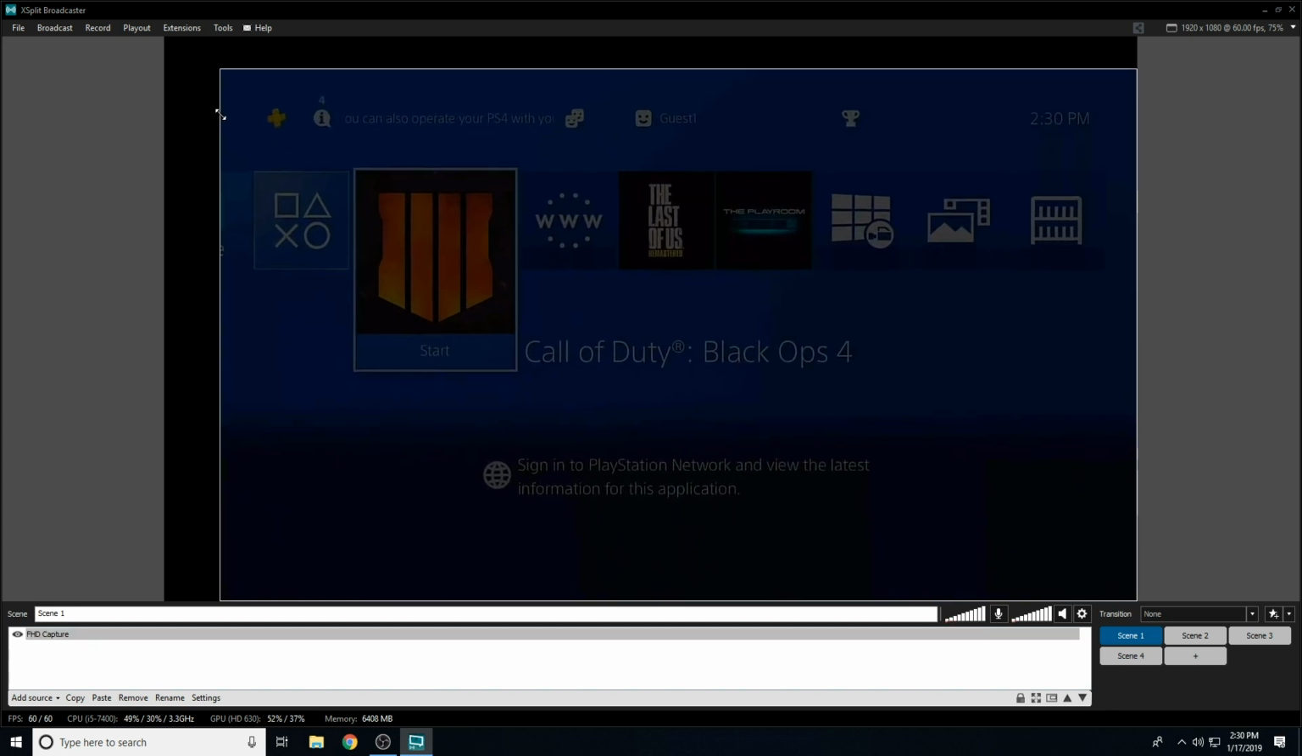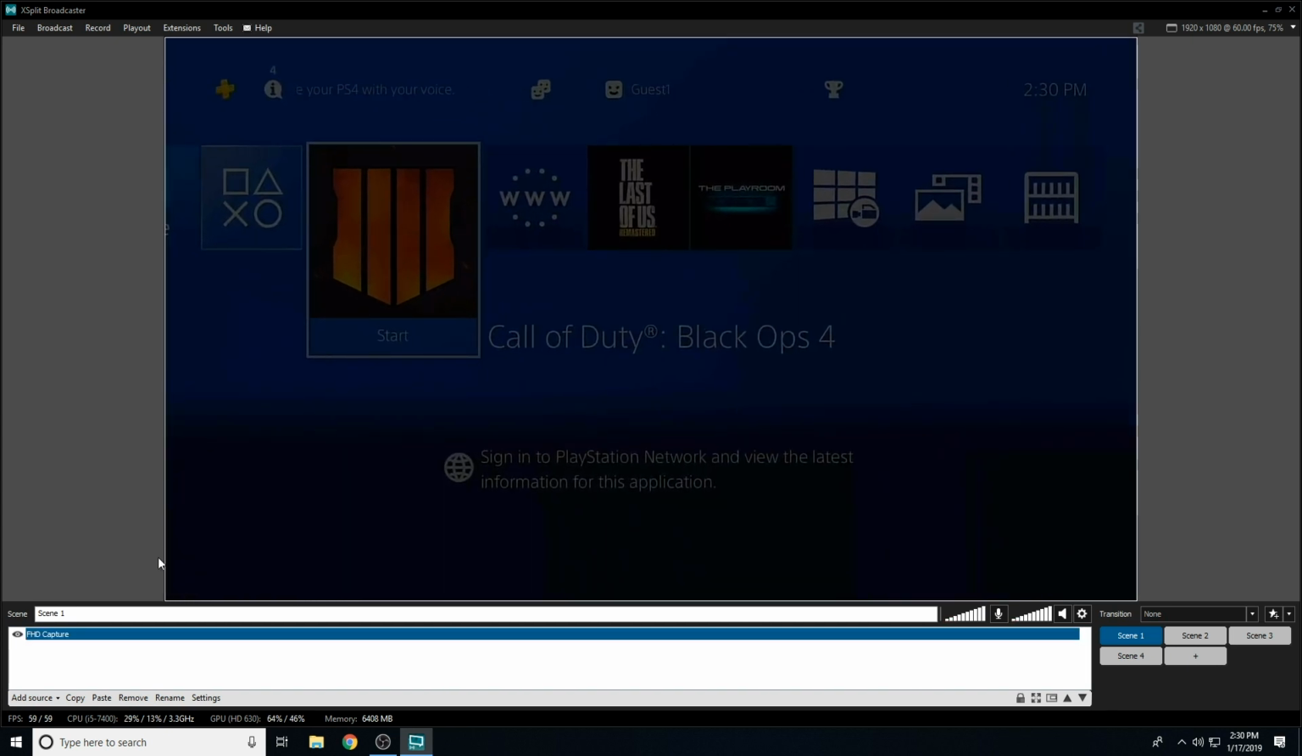Resize the window so that it takes up the entire canvas space, and you should now be properly capturing and viewing the connected source system. The next step is we'll have to configure the audio to properly record all output from the connected source console. For that, we'll minimize Xsplit,